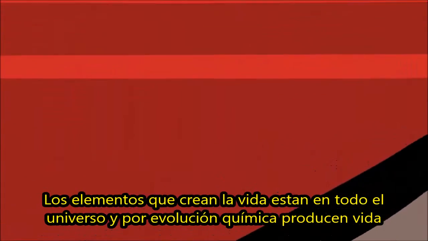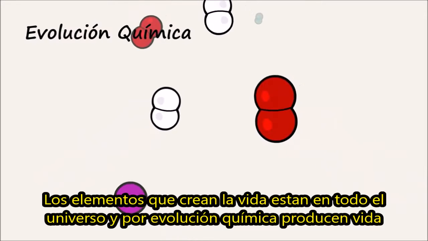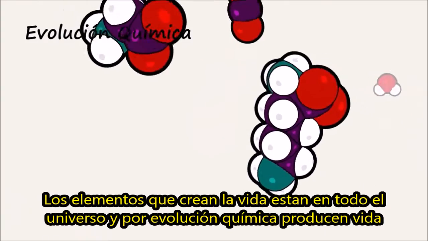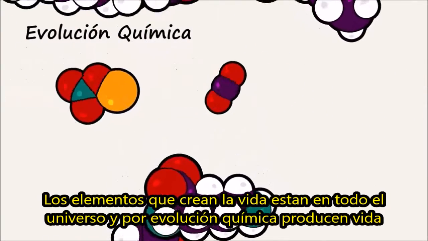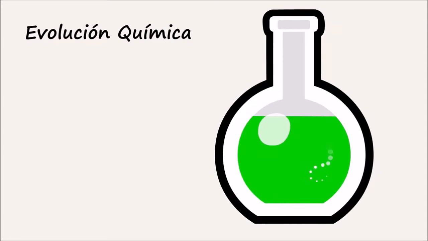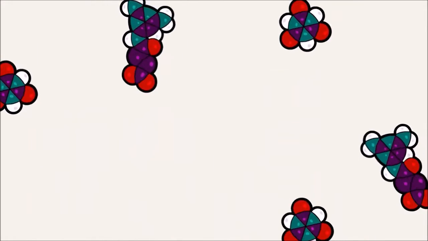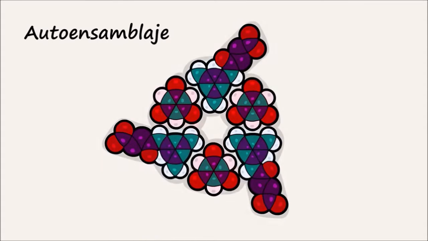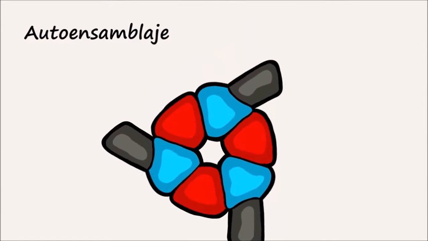También hemos descubierto un proceso que ahora se conoce como evolución química. Cuando las moléculas simples existen solas con una fuente de energía, interactúan entre sí y a menudo forman moléculas más grandes y complejas conforme pasa el tiempo. Los experimentos en el laboratorio han demostrado que las cadenas de reacciones químicas se pueden desarrollar, algunas de las cuales se parecen a las vías metabólicas de la vida. Sorprendentemente, también hemos encontrado que ciertas moléculas tienen la notable capacidad de autoensamblarse en complejas estructuras ordenadas.